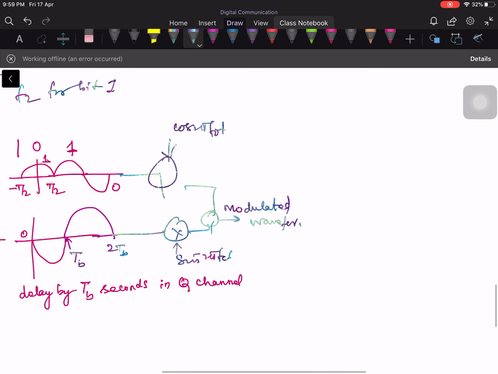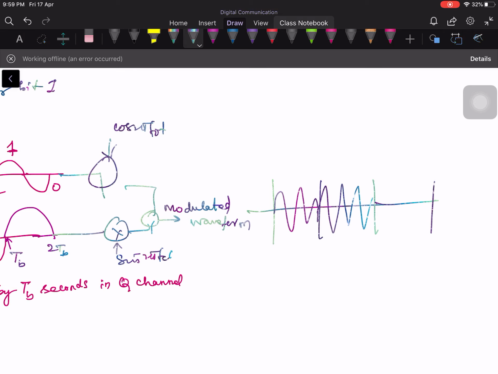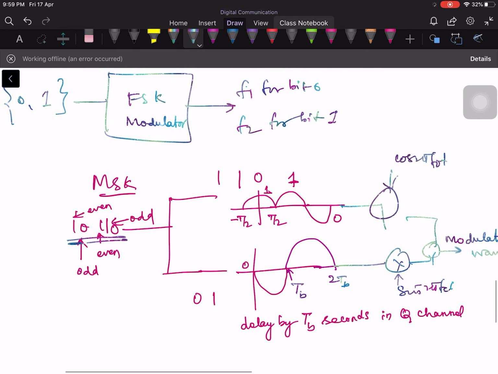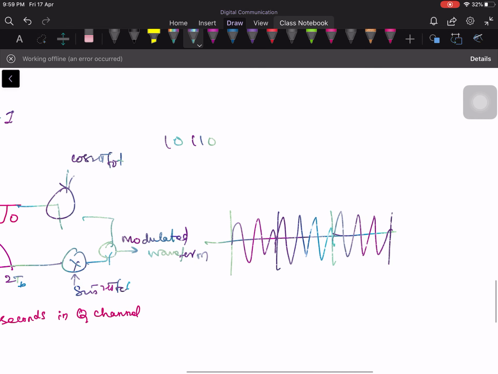Now let's say the modulated waveform is like this, and here you may have some cycles, and here you may have some cycles like this. Now I will take the same sequence here. What is the incoming sequence here? 1 0 1 1 0. You take 1 0 1 1 0. Now what you do? This is your MSK waveform,